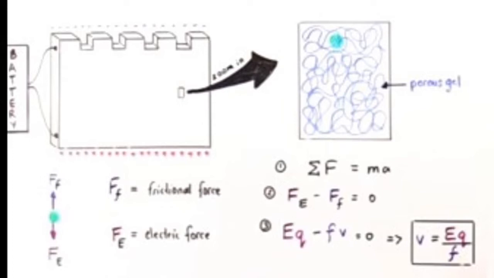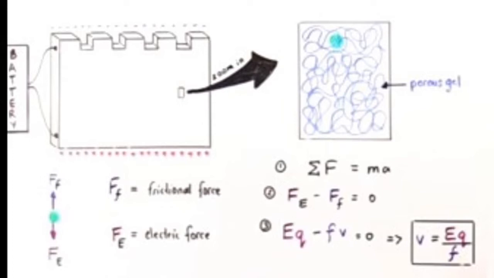So mind you, we are talking about the force that this object, or the protein that is in our electrophoresis device, is being affected by various forces. So if we want to find the velocity, we are going to come up with a formula from the forces that are working on the protein. So we also know to say that